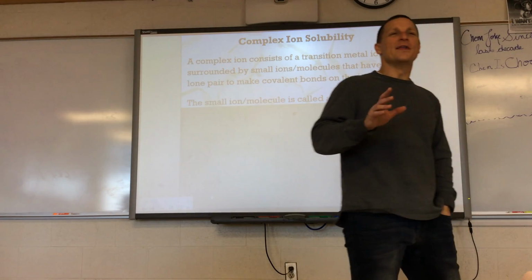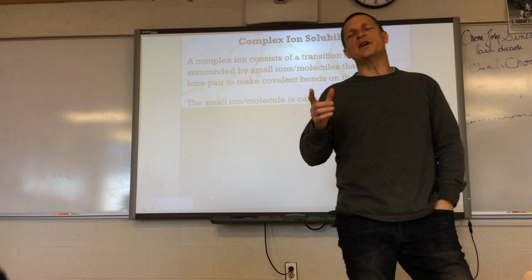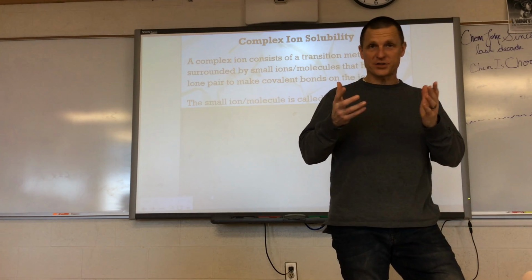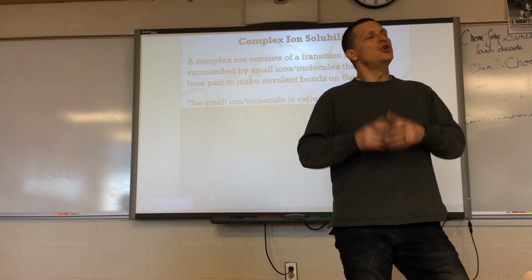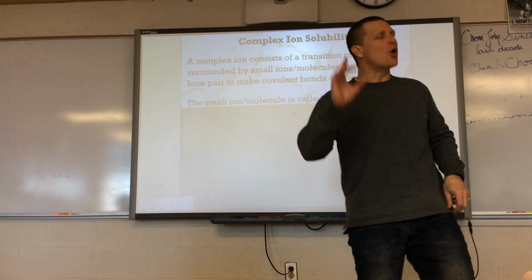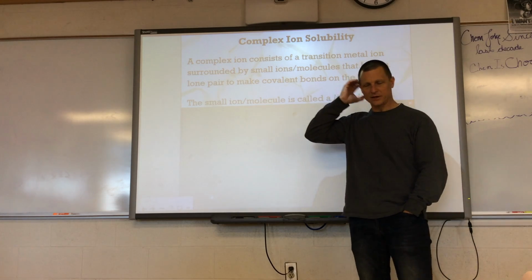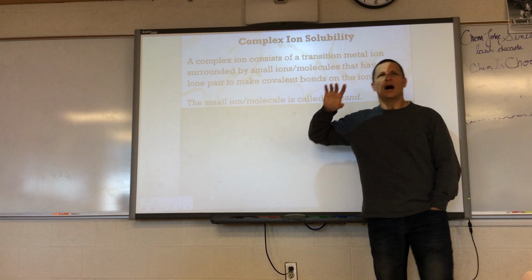The last thing, and it looks scarier than it really is. You can also get something to dissolve if it's a transition metal ion. If you have a transition metal ion in a compound that's just not dissolving, but you need it to dissolve, you can make what we call a complex ion with it. This is only going to apply for transition metals. You don't need to write this down. We'll write it down on Monday. A transition metal ion,